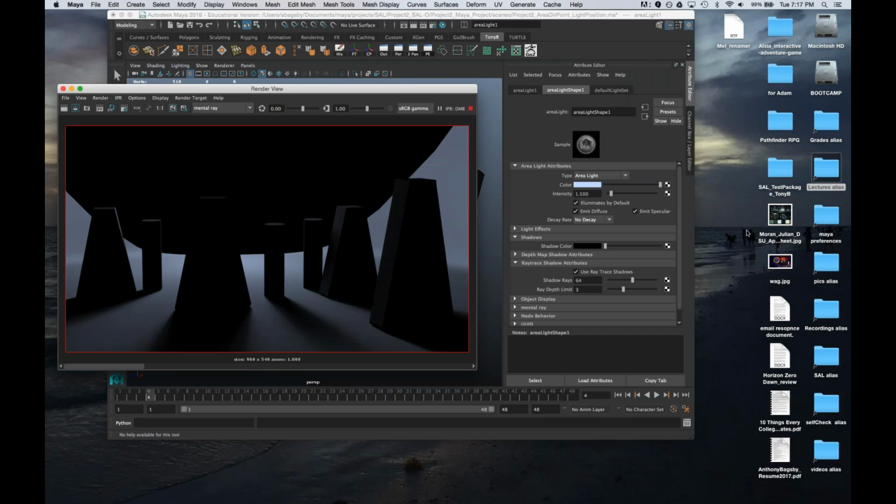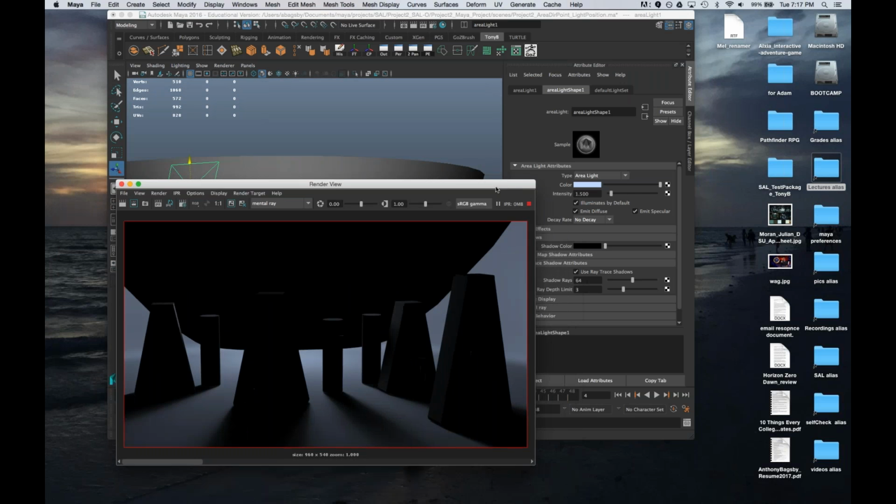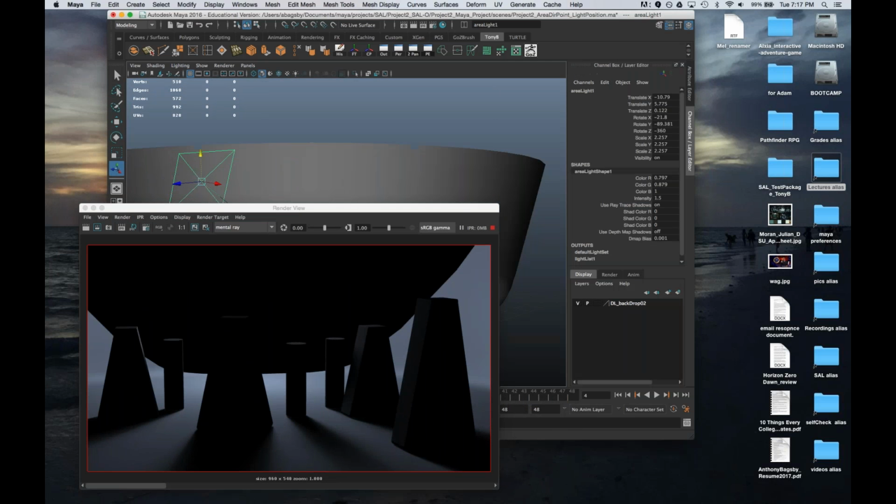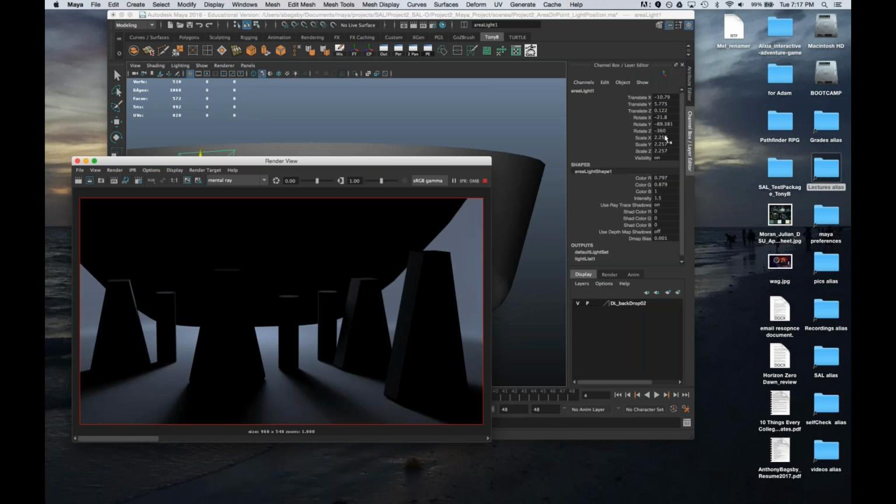Now, you'll notice with the directional light, I had a setting I adjusted. With area lights, you actually just adjust the scale of the light. So I'm going to close this and use my scale here, and I'm going to start with 2. I don't think that's going to clear it up.